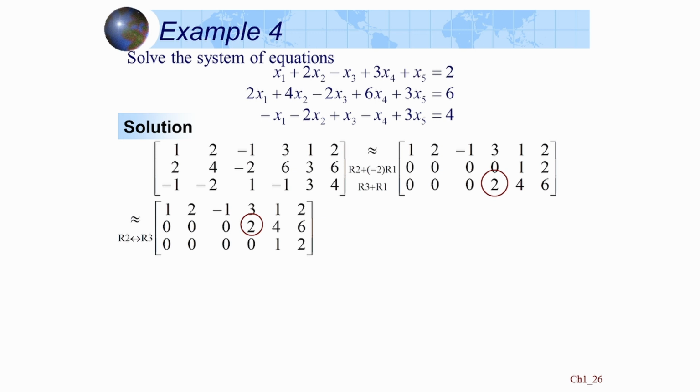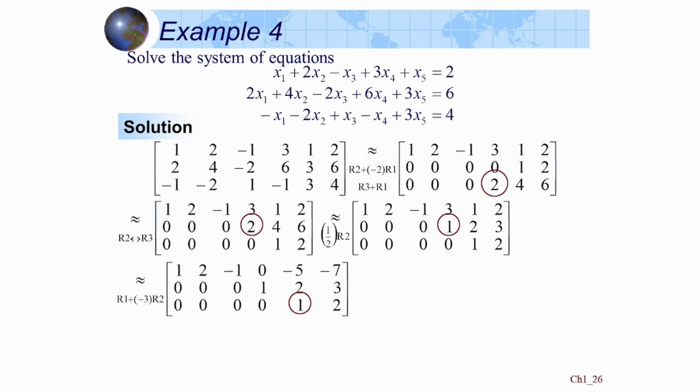Because this is construction of, I said this is stairway shape. Downstairway shape should have the reduced echelon form. So we have to interchange these rows, second and third. And divide the second row now by 2, get the first non-zero element is 1, and you use this 1 as pivoting element, subtract from first equation, first row, second row, multiply by 3, and